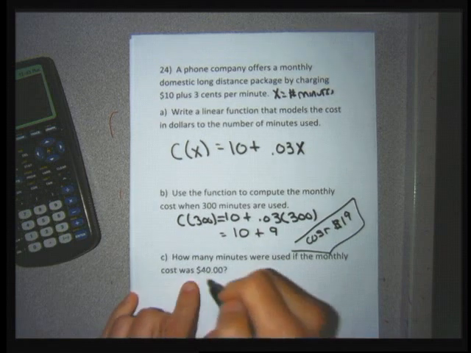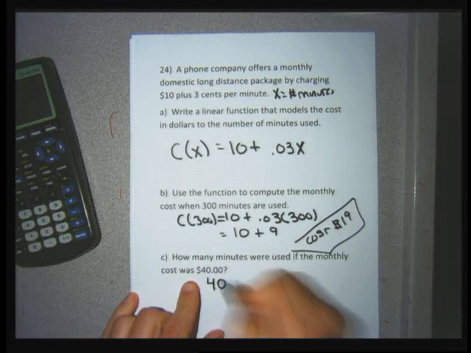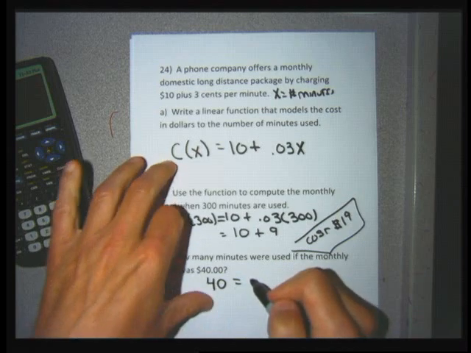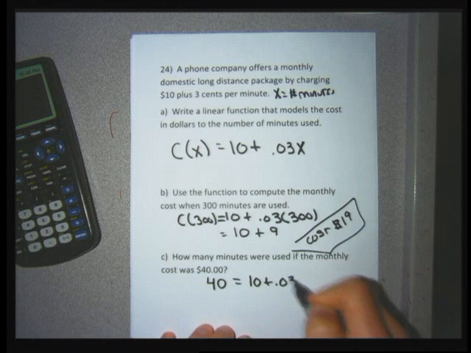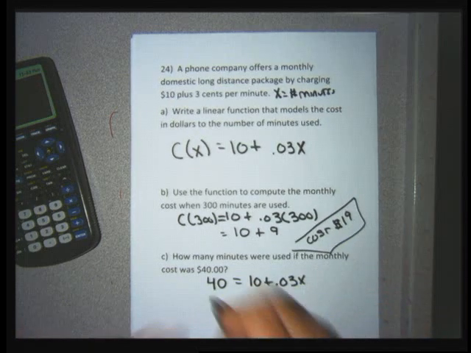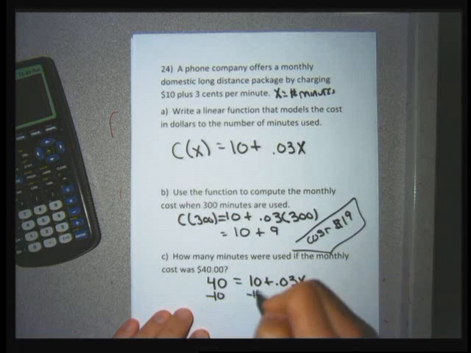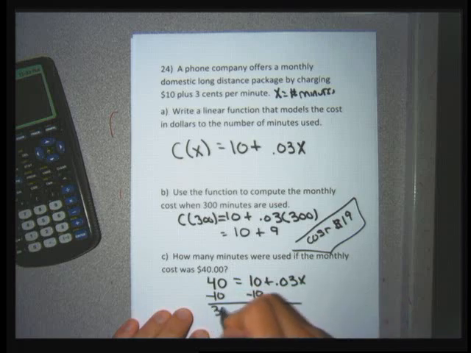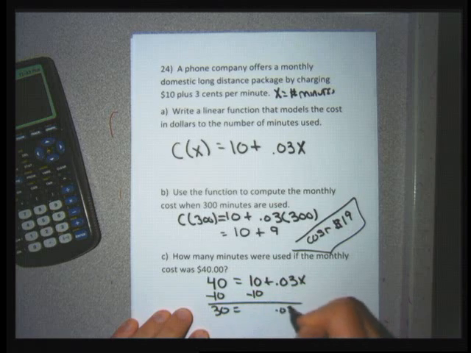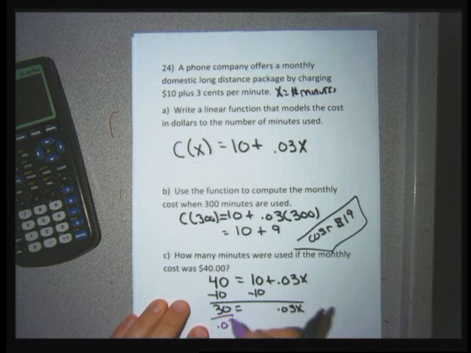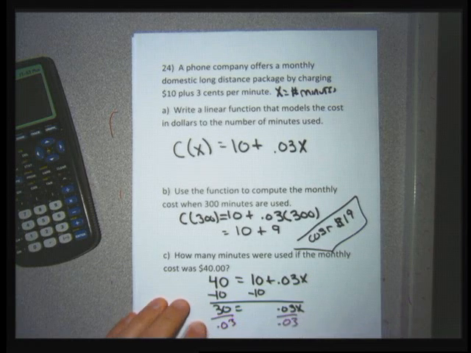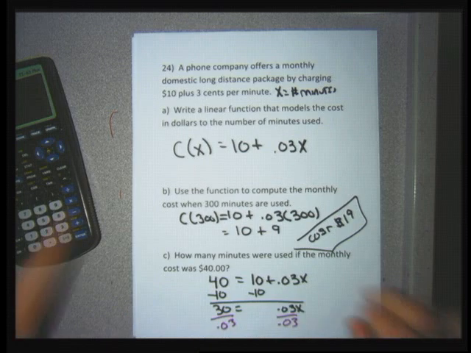Because the $40 is the cost, I need to replace the left-hand side of the equation, the cost side, with $40 and solve for the x that's on the right-hand side, because the x on the right-hand side stands for the number of minutes. If I solve this equation by taking the 2 steps necessary to solve it, subtracting 10 and dividing both sides by 0.03, I'll get the answer that I'm looking for,